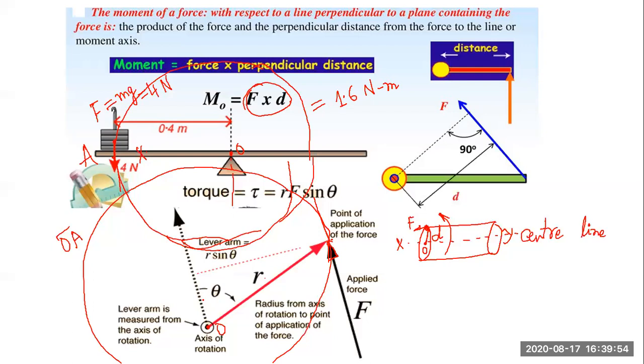Now, consider the angle between the parallel line of action, or the axis of rotation. This is the line parallel to the line of action of the force F. You can see this line of action and this line are the same, which means parallel forces. So say this R, the radius of the circle produced due to turning, is at angle theta with the axis of rotation.